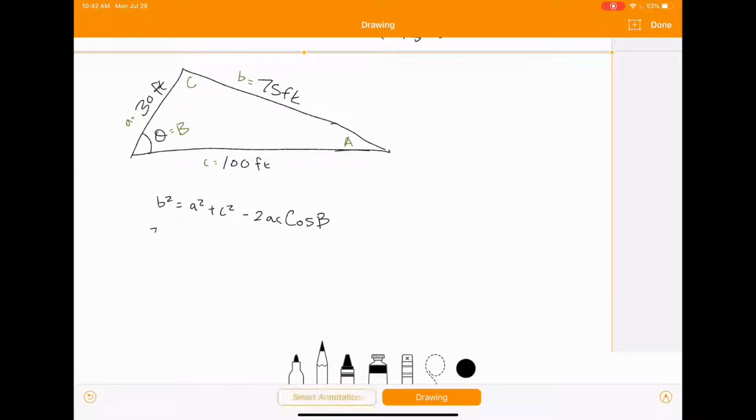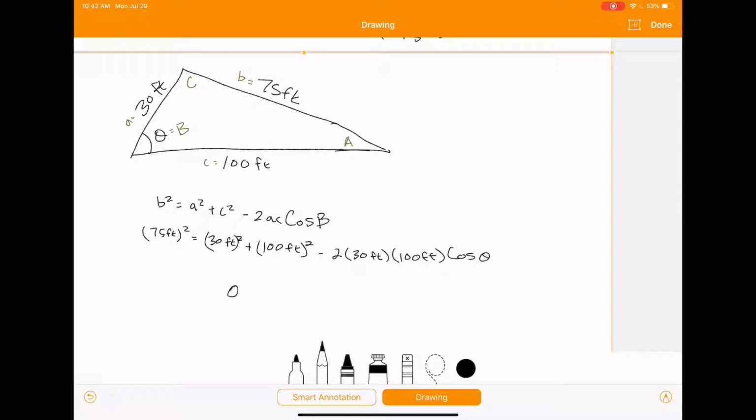So b squared, so that's going to be 75 feet squared equals a squared, which is 30 feet squared, plus c squared, which is 100 feet squared, minus 2 times a, which was 30 feet, times c, which was 100 feet, times the cosine of b, which is what we're looking for. B is our theta. So you can go ahead and exchange that and say theta right there. And then you just solve for